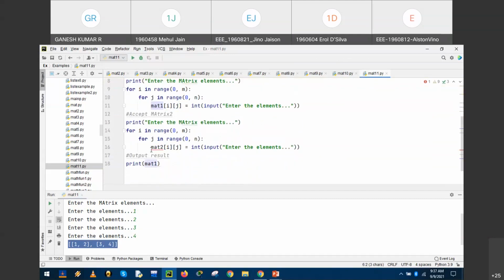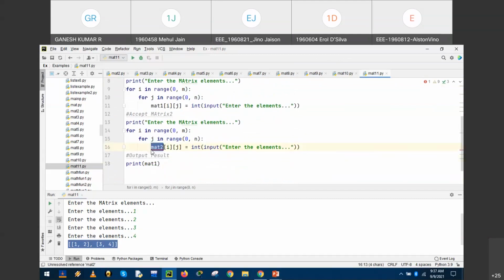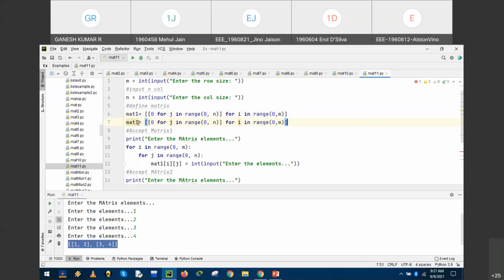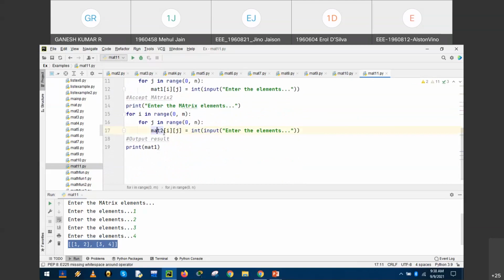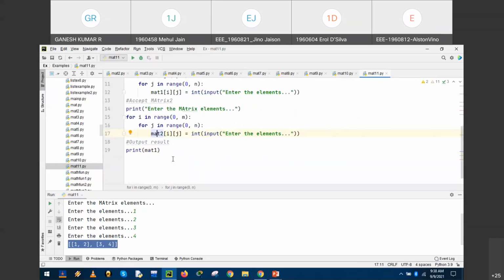Any variable used later in the processing must be defined. We have defined mat1 with a row and, with reference to the row, a column. But we used another matrix mat2 that is not initialized. So we must define the second matrix. The second matrix is the same, except the variables are mat1 and mat2. Now the red underline has disappeared. So we have defined two matrices and inputs are provided to both matrix 1 and matrix 2.